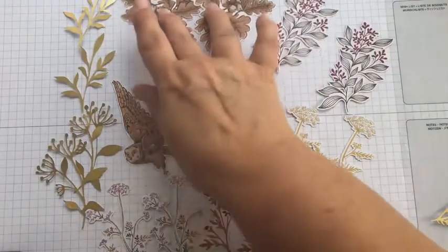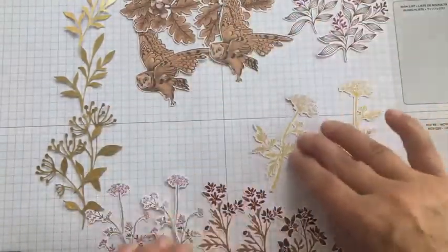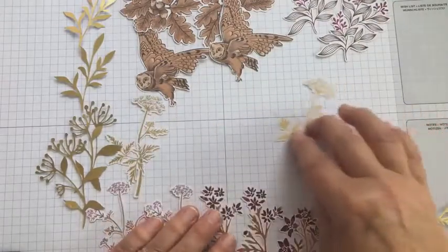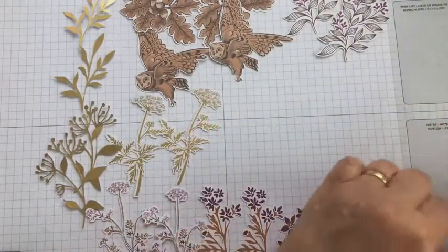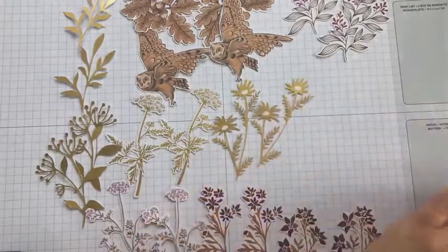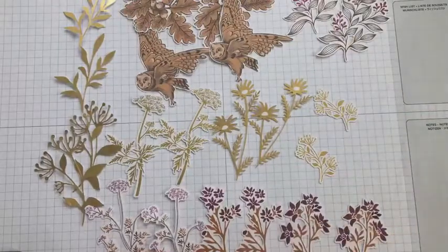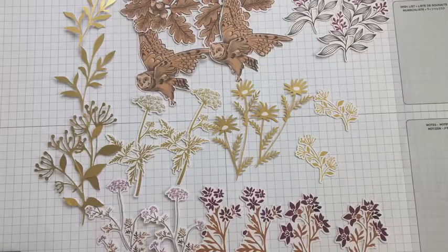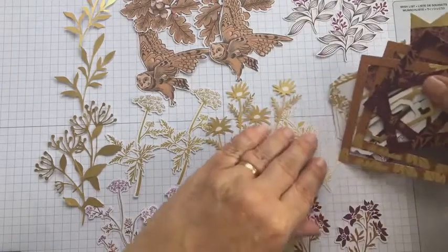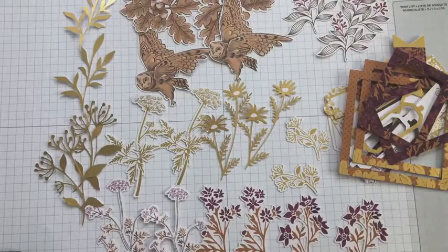I'm just going to move these oak leaves and owls and those plants up a little bit. Let's move those over. Almost done. There we are. So that then is everything. If I bring back the little pile from before and just slide that in at the edge, there is a lot in this pack, ever such a lot in the pack,